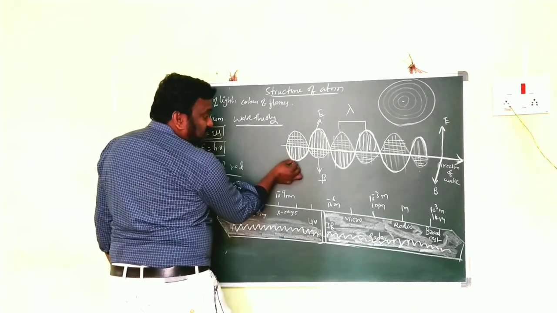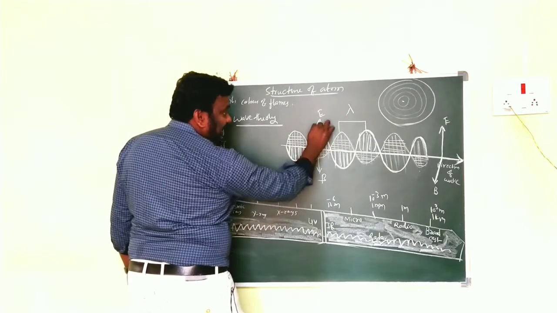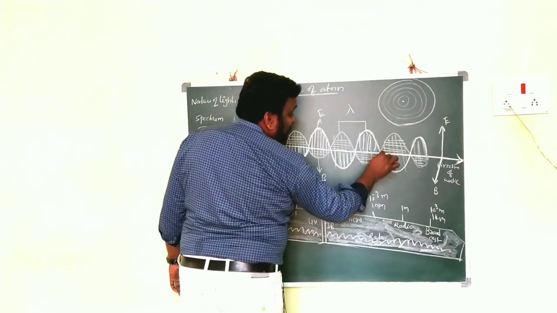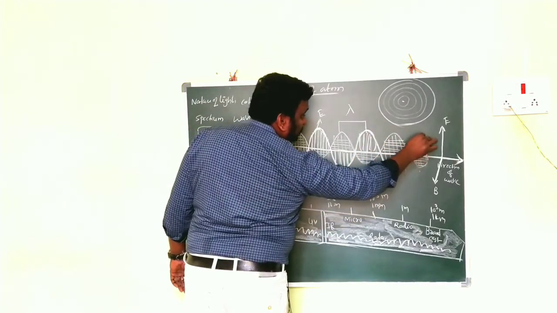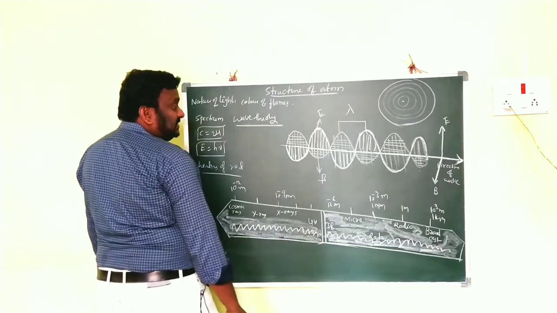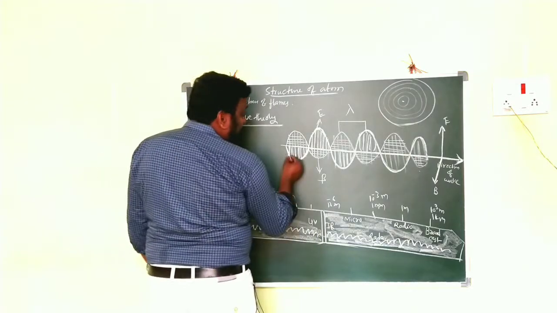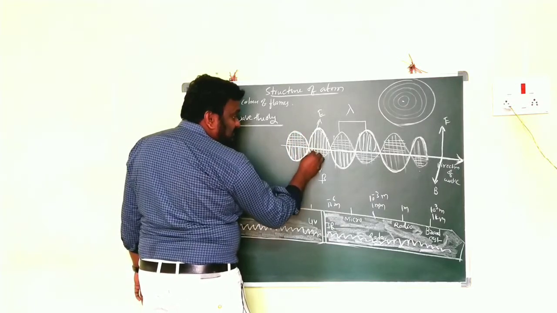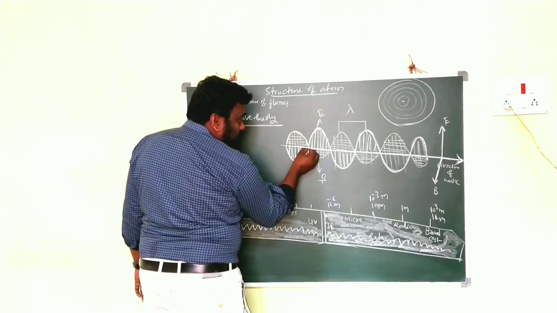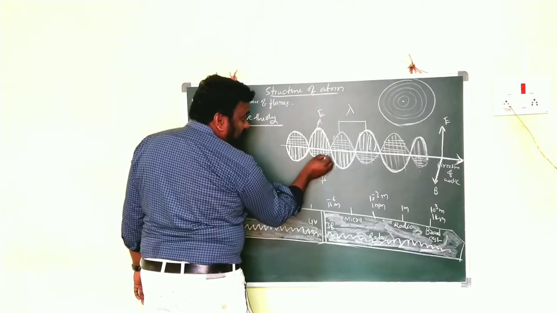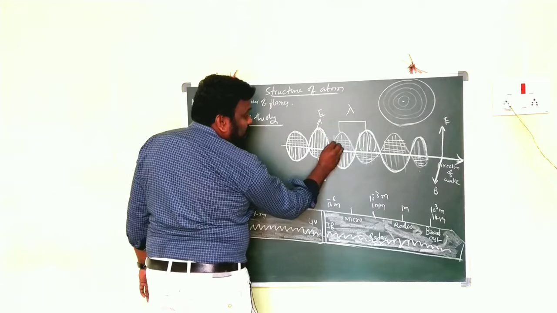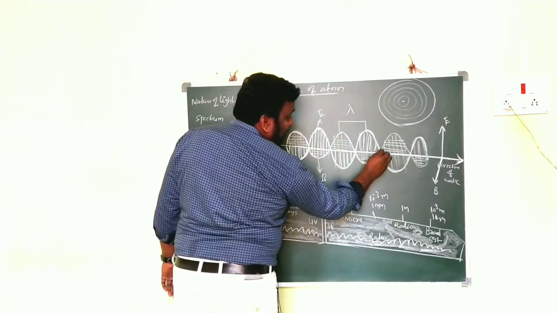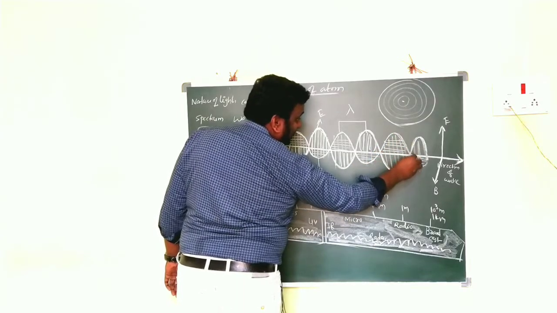Where I am drawing slowly, that line represents the electric field vector. So this is the electric field vector, children. Clear? After that, children, now I am drawing in opposite to that. Just focus on where I am keeping the chalk and where my hand is moving. You have to observe that line. Now it is the magnetic field vector.